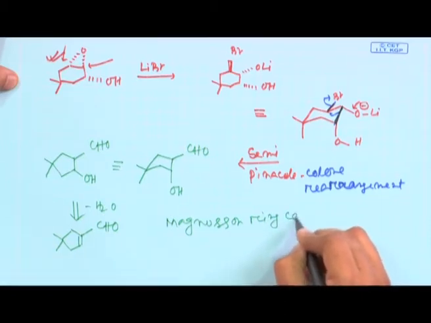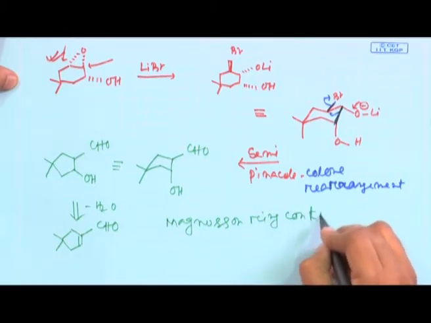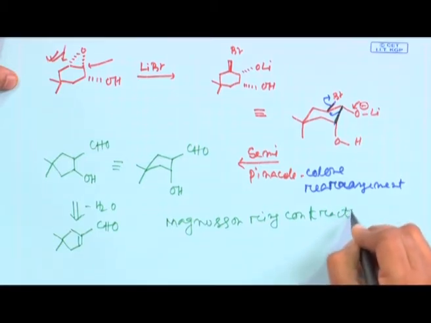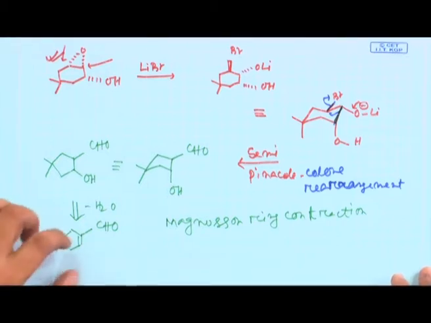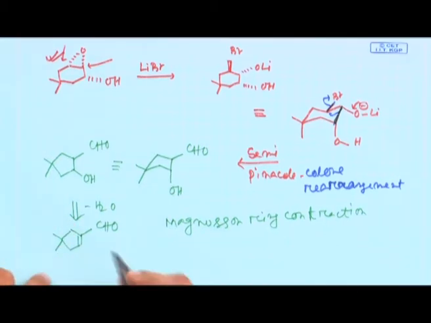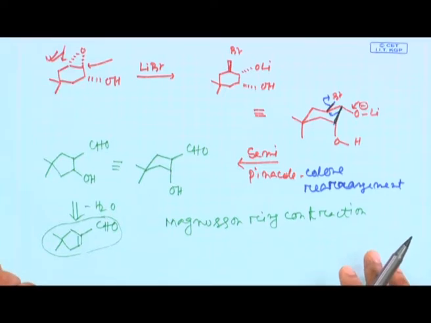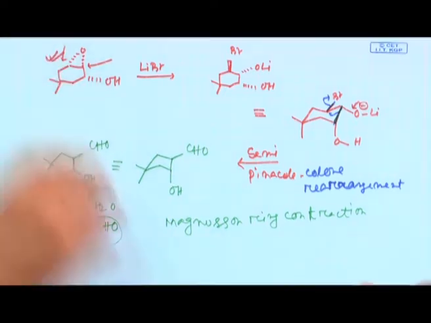This is not a very popular reaction, a reaction which is explored during terpene synthesis, and this kind of aldehyde serves as a very good intermediate, or a very good building block, for terpene synthesis. Now, Magnus ring contraction is not a named reaction, but it is a very useful, very powerful reaction, because particularly in this Magnus ring contraction you will be seeing we have learnt many strategically useful reactions.